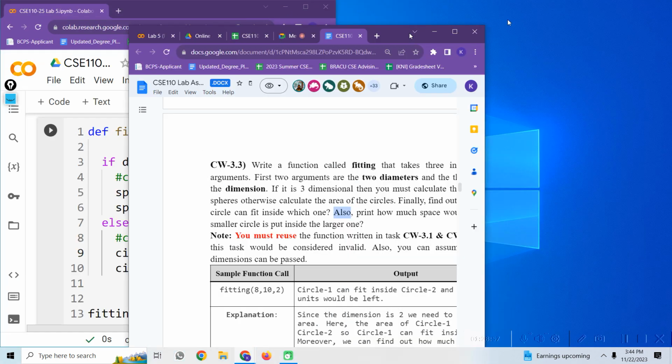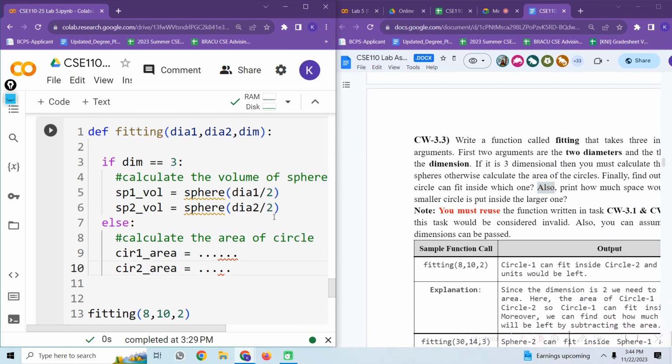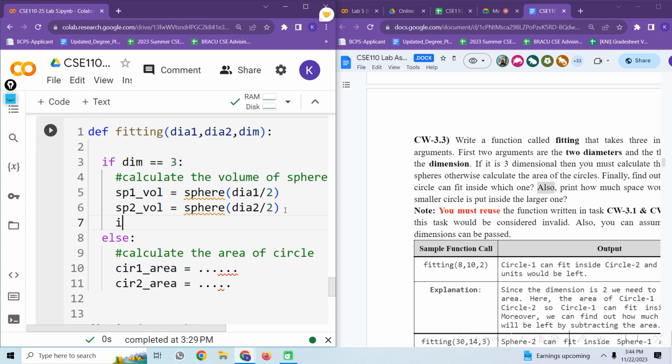There are just some basic conditions. I don't need to explain it. You just have to check. There will be some basic condition that if sp1 volume